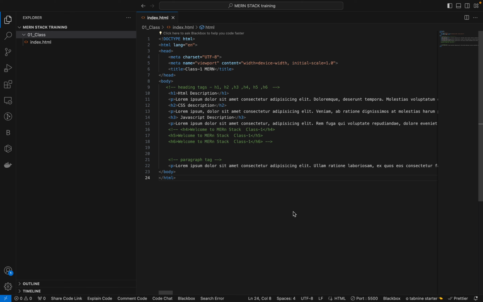In the previous section, we learned what HTML is and the importance of HTML, along with the head section and a few tags in HTML, like the heading tags and the paragraph tag. So in this section, we will learn about the div tag,